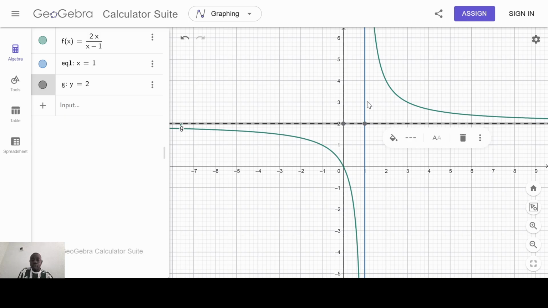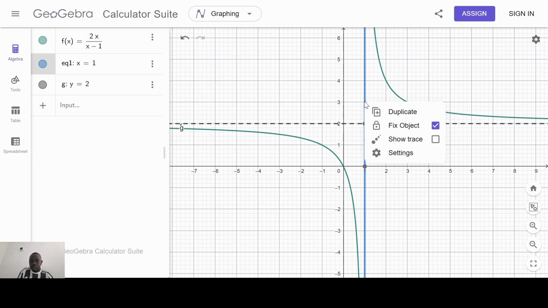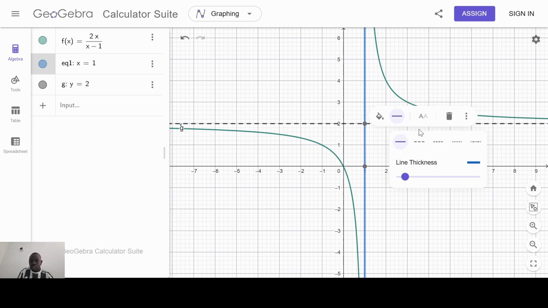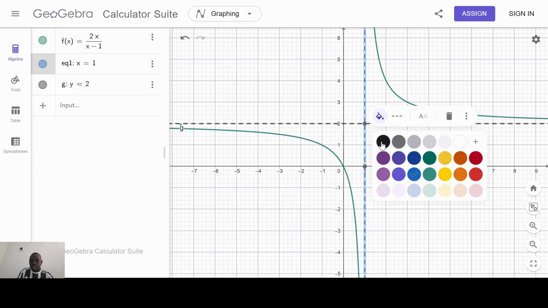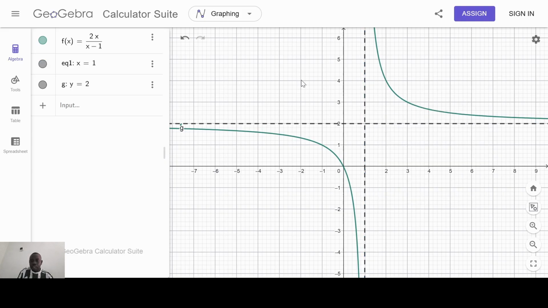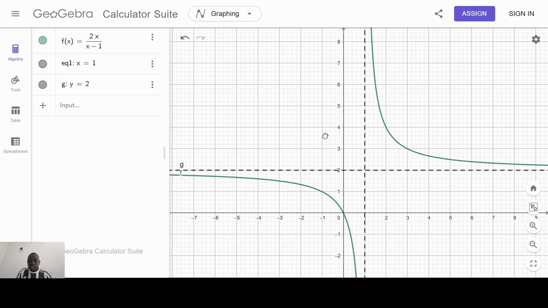Do the same here, because the asymptote is not part of the curve of the function. So what we need to do is make it some sort of discontinuous line so that it is distinct. So this is how you graph rational functions. By hand, you would also do the same thing, but here we have used